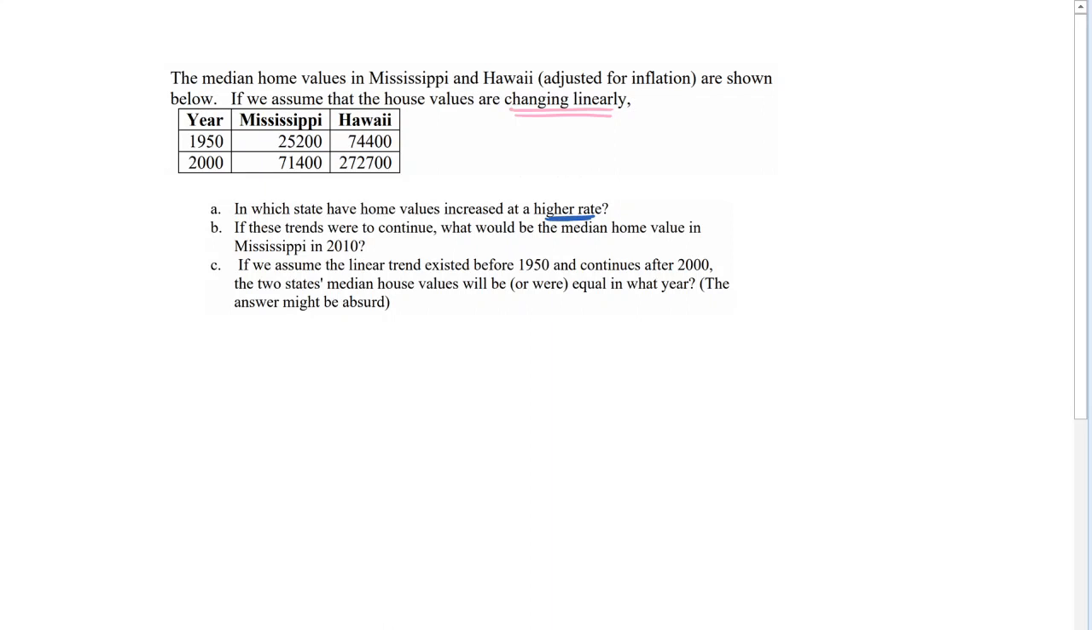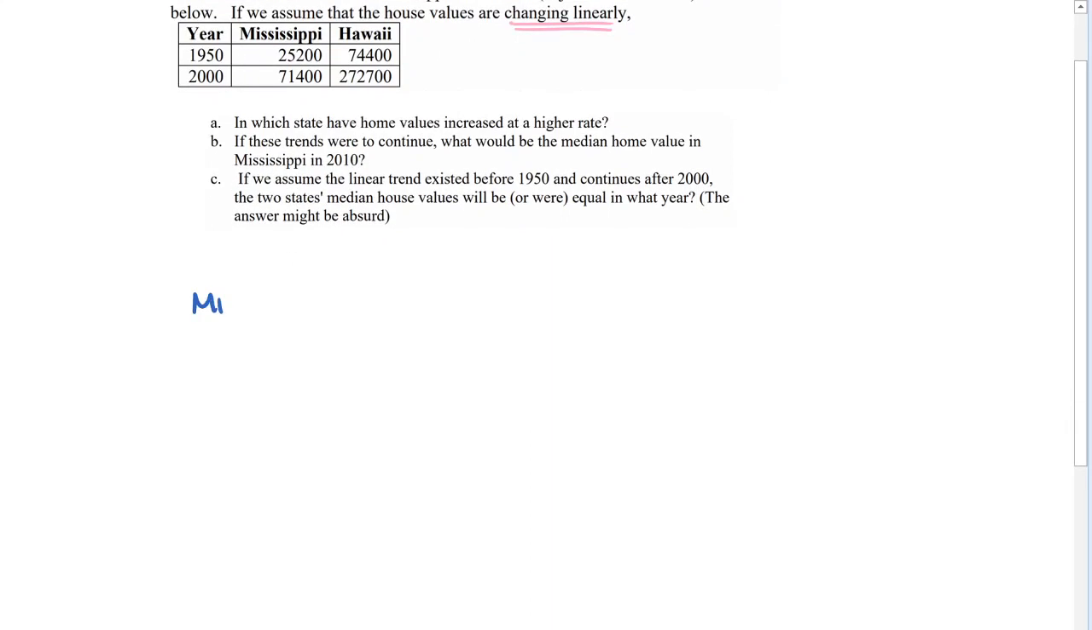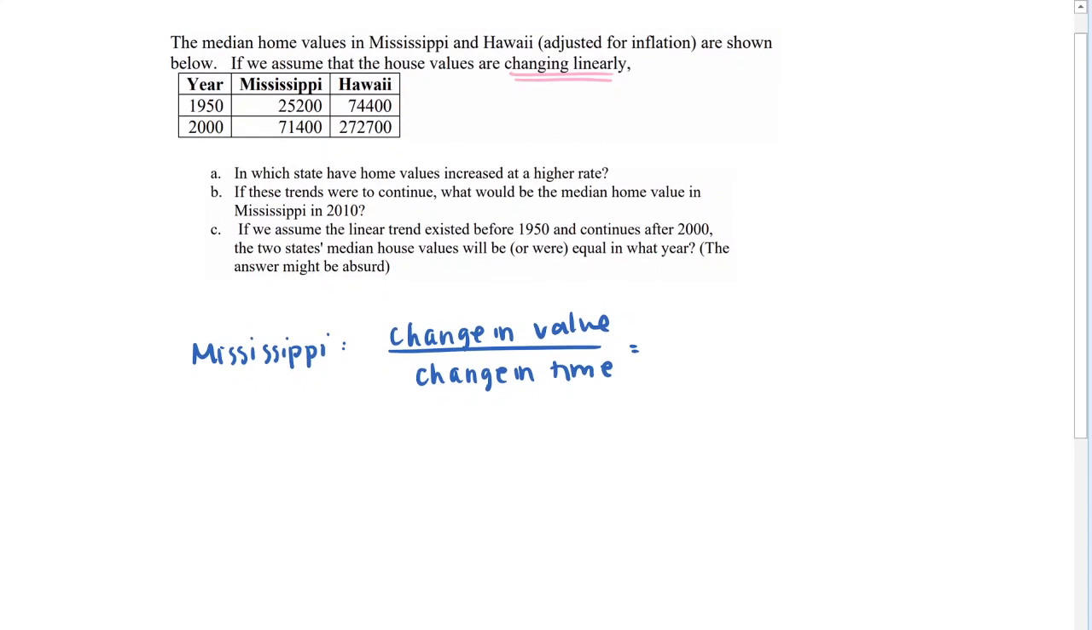Right, and so if we're trying to figure out which home values are increasing at a higher rate, we need to find the rates of change of the home values in these individual states. And so for Mississippi, well, the rate of change of the home values would be the change in value divided by the change in time. Right, so I would take one output value, and then I would take another and find their difference. Right, so that's